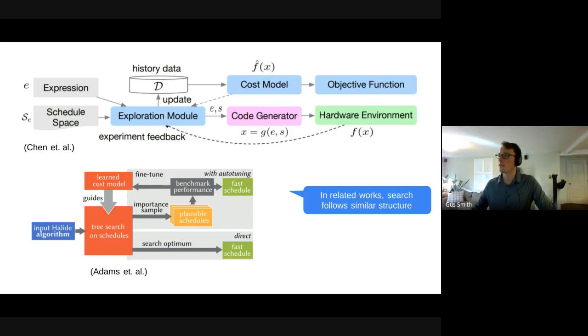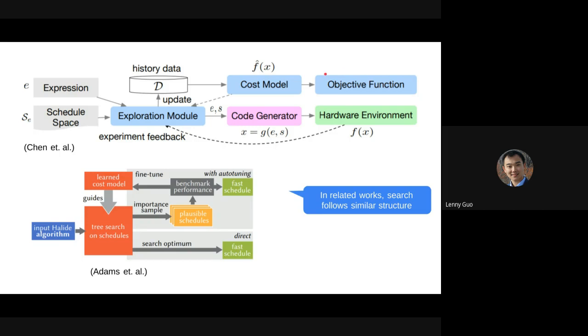Lenny. Hi. Yeah, thank you very much. This is a very interesting work. I have two questions. The first question is, how do you construct the data set for the cost model? For your target model, are you just using the SuiteSparse matrix collection, and then using those matrices from this data set? How do you construct the training data set?